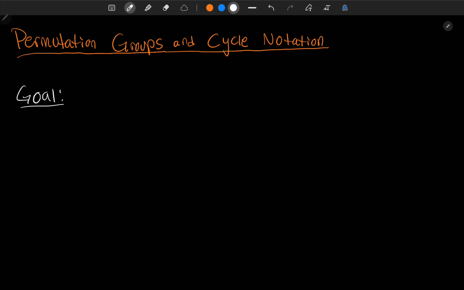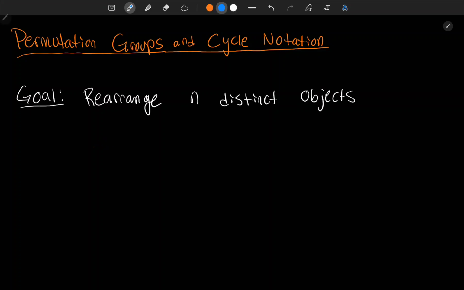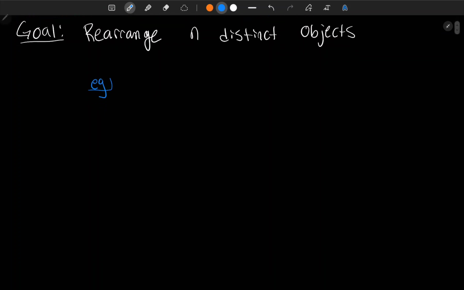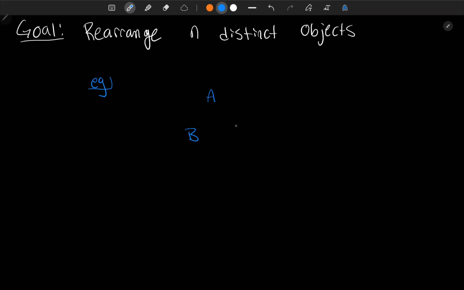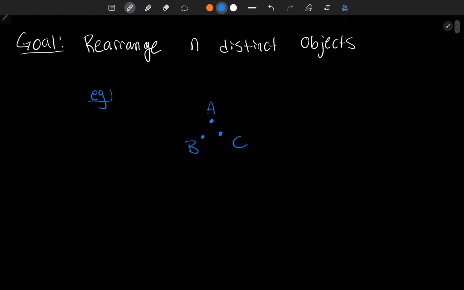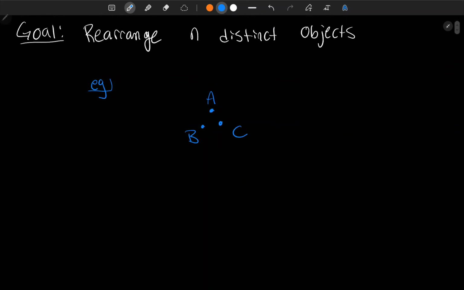The goal of permutation groups is that we wish to rearrange n distinct objects. As an example, consider the following. Suppose that we have three objects, which I will label A, B, and C. And there'll be these dots here. Suppose we wish to find all of the possible ways of rearranging these dots, which I've labeled A, B, and